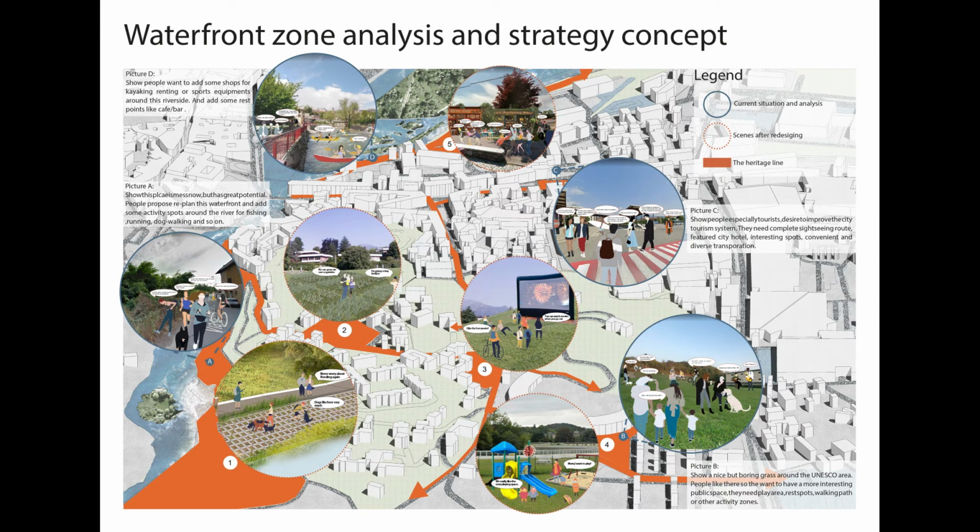Picture A shows the great potentials of the space. We propose to replenish the waterfront and add some activity spots around the river for fishing, running, dog walking and so on. Picture B shows a nice but boring grass area around the UNESCO area. It would be a potential spot to have a more interesting public space with a neat playground, rest spots, walking path